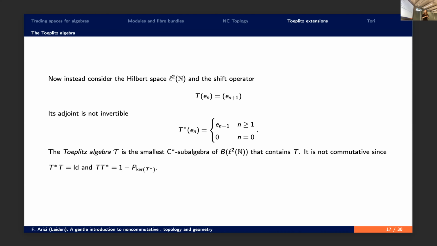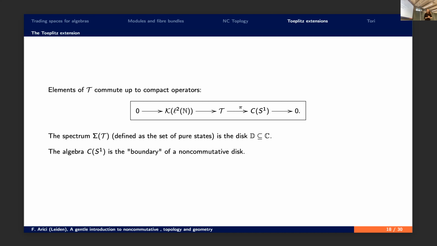Then you can do the same trick and define an algebra, called the Toeplitz algebra in this case, as the algebra of operators inside B of this Hilbert space that contains the operator T and all its powers and adjoints. And this algebra is clearly non-commutative because while T*T is equal to the identity, when you do it the other way around, you get the identity minus the projection onto the vacuum vector. This is one of the simplest examples of non-commutative C-star algebras. It has one generator. And what is nice is that T*T minus TT*